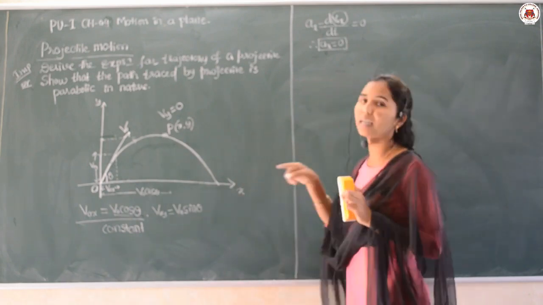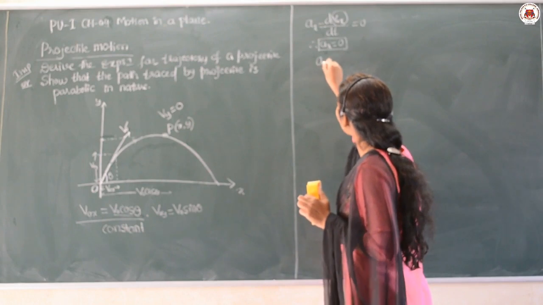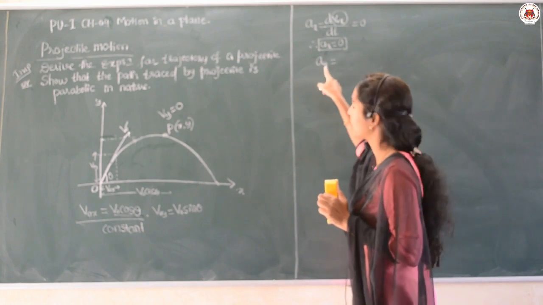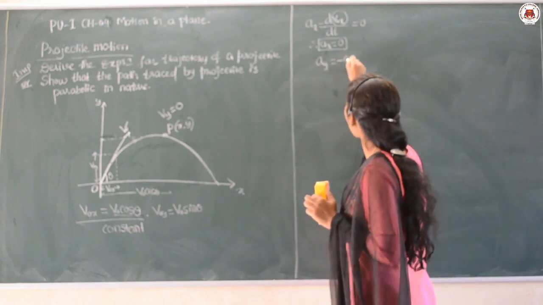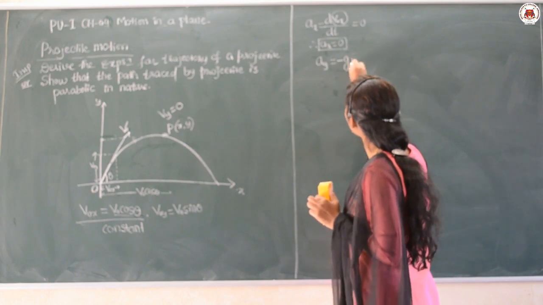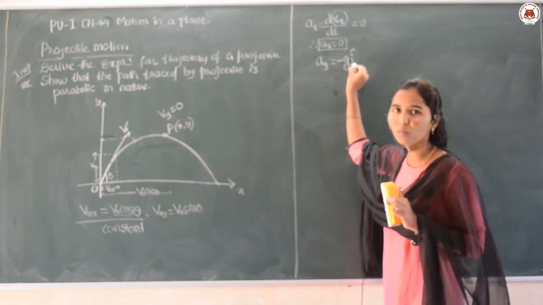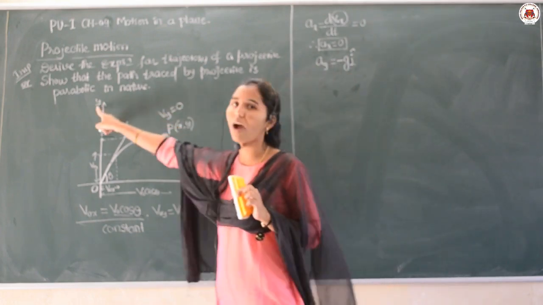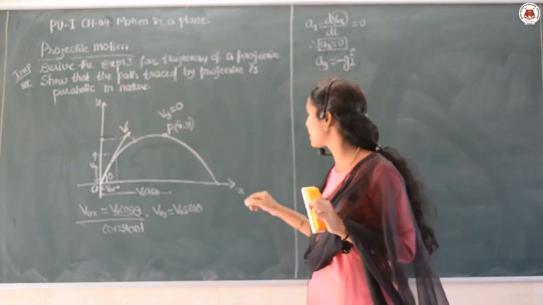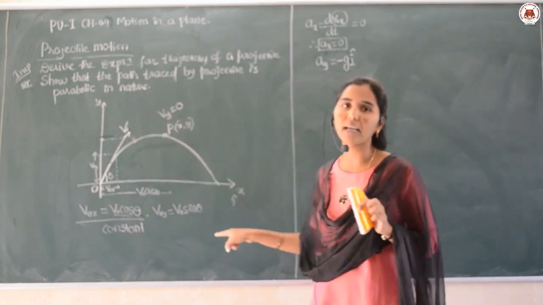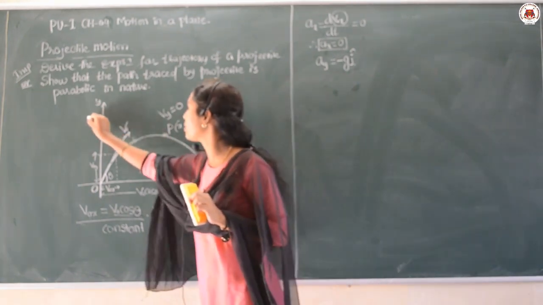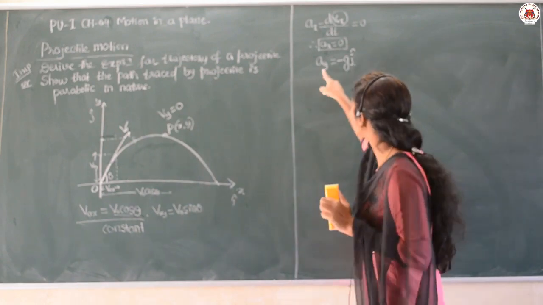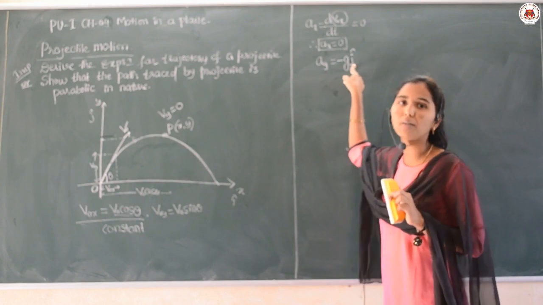Therefore, in the vertical motion we consider ay. Y means what? Vertical projection. Acceleration in the vertical direction can be taken as minus g j cap. Why did I use j cap here? Why not i cap and k cap? Because this component is related to y, right? In the previous class we discussed that x means unit vector i cap, y means unit vector j cap, and z means k cap. Therefore, here the y component is there, so we have taken j cap.